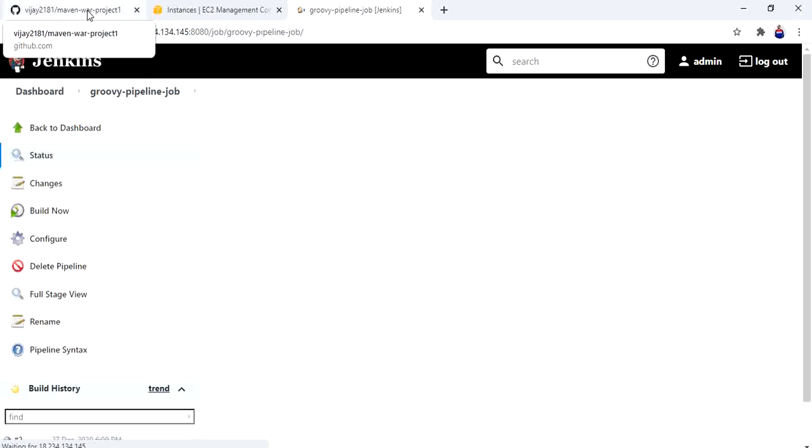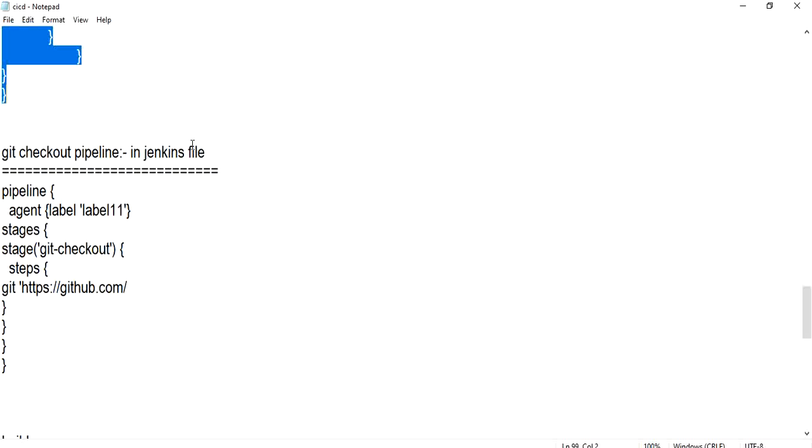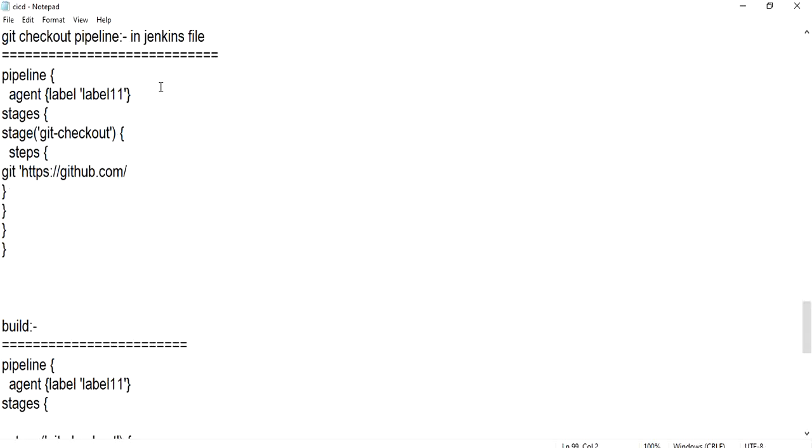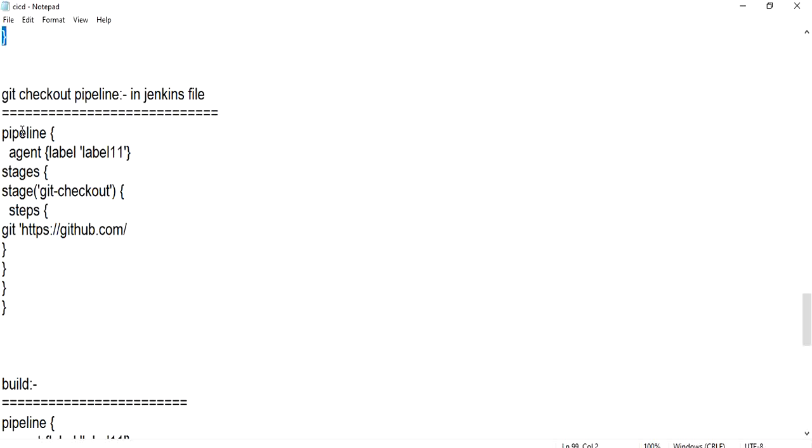Okay, so far I have shown sample steps, but now let us create a pipeline so that it will go to GitHub and check out. I've already written a pipeline. See here, git checkout means it has to connect to my GitHub and download my code or anything present in my repository. Here you have to mention which GitHub repository URL has to be cloned. For that purpose, I will just